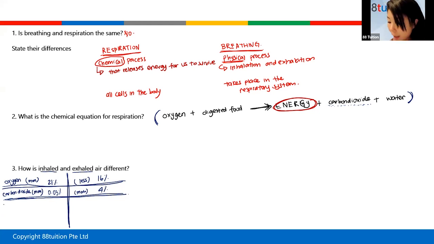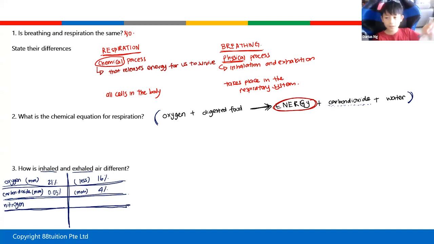All right, I move on to the next gas, nitrogen. Darius, can you tell me how much nitrogen in inhaled air, how much nitrogen in exhaled air? Don't look at your notes. 78%. How about exhaled air? Don't look at your notes. 0%. Darius, your body uses nitrogen. Are you so special? Does our body use or produce nitrogen? There's 78. Yes, okay. So all my new students, please remember